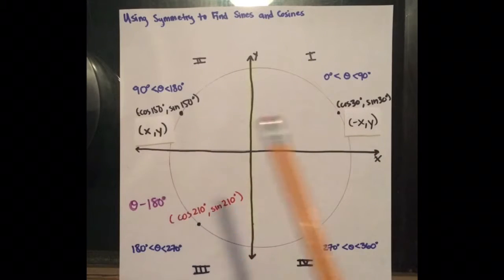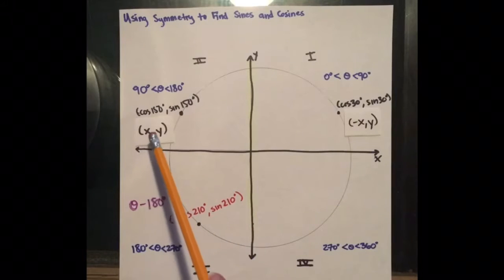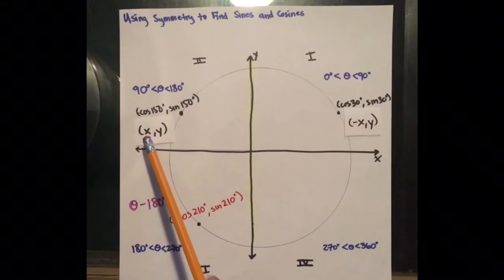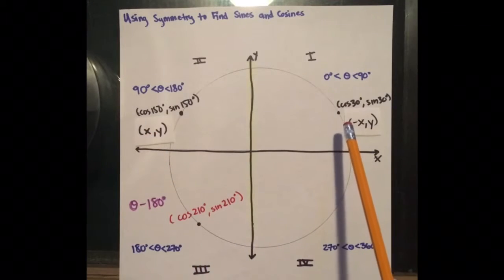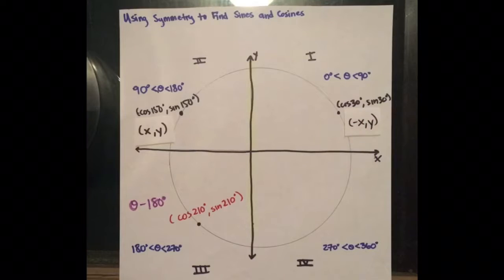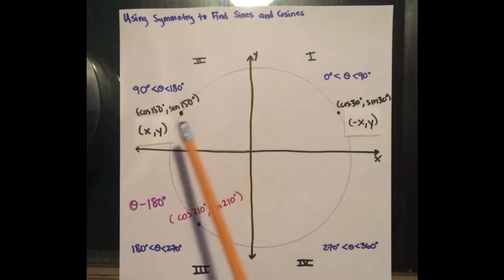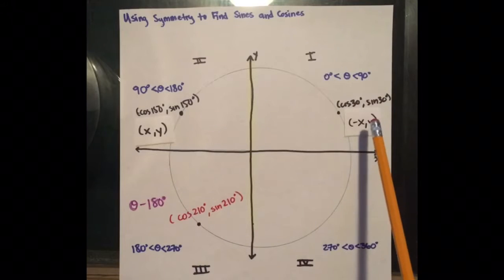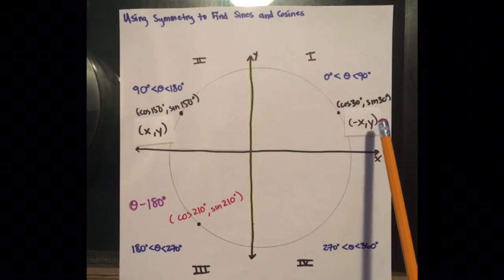So with these two points, we can say that cosine 150 degrees is equal to negative cosine 30 degrees. When you put these two values in the calculator, you will get negative square root of 3 over 2. And since the y values, sine 150 degrees and sine 30 degrees, are equal, you will get a value of